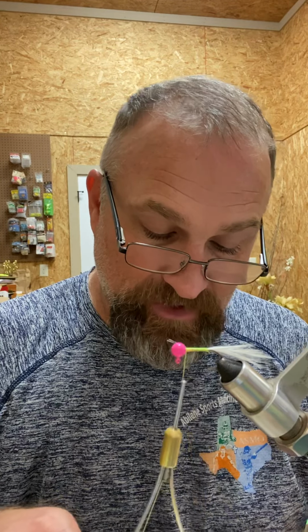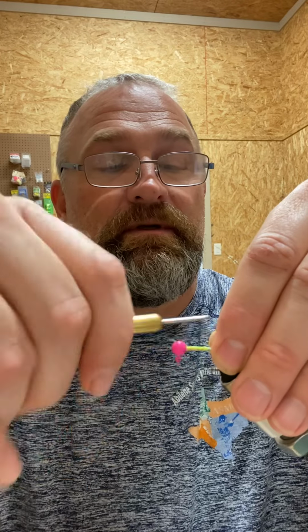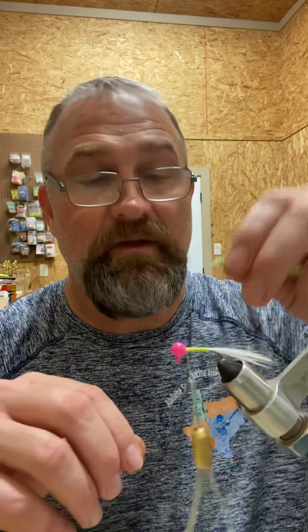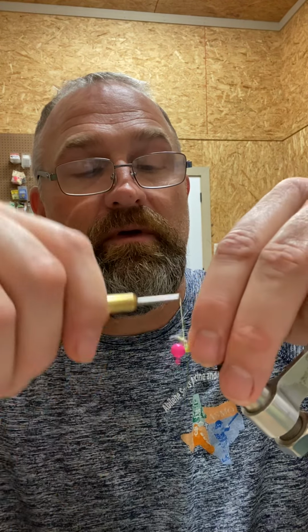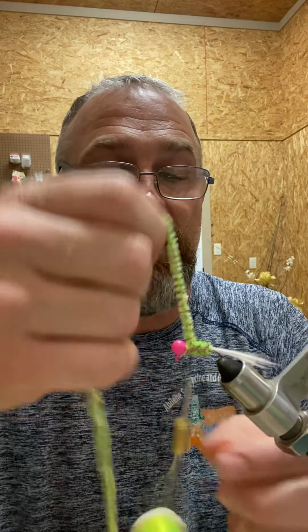It's kind of one of them things where you just put some colors together and see what happens. And so, real simple little tie. We'll add our Blood Chartreuse. Oop. Did not grab it. And this has a pink head, and the Blood Chartreuse chenille, if you haven't seen it, has red and pearl crystal in it